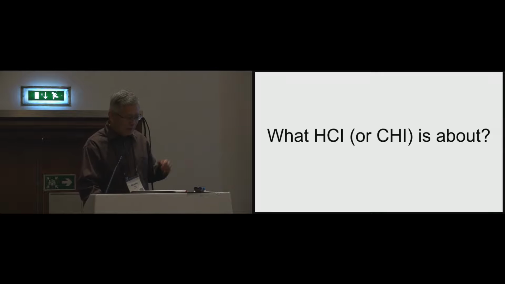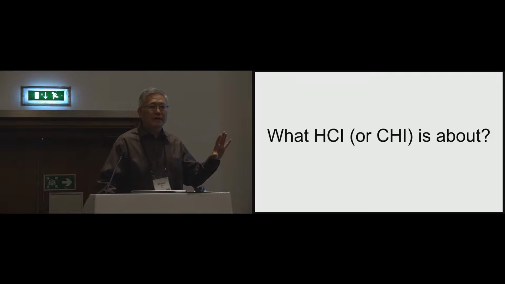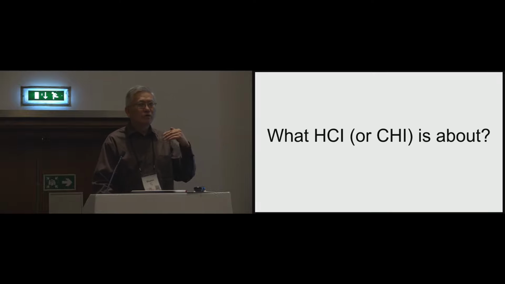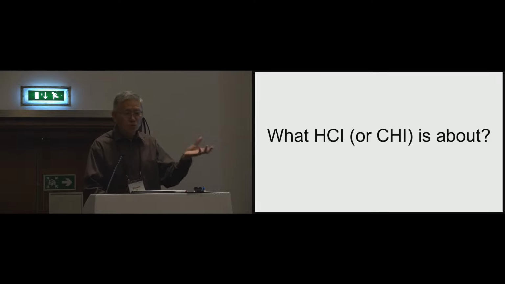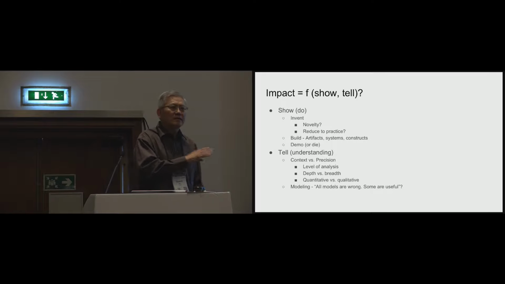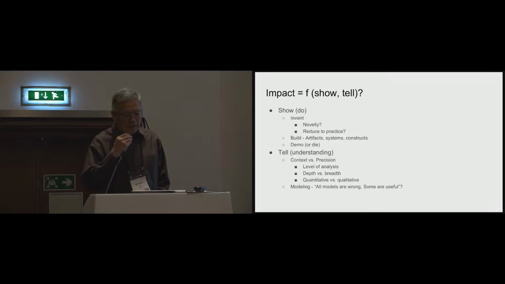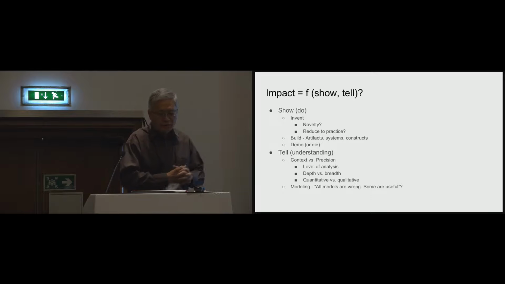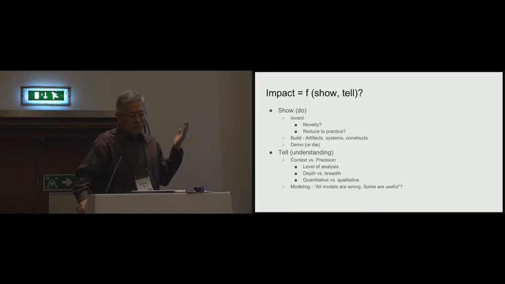So I'm trying to use these few minutes to illustrate how I personally have, in a way, answered or tried to identify these trade-offs, if you will, in my own research. So first of all, in the end, everybody agrees impact is ultimately what matters. But what makes impact? What research will generate impact? I'm trying to put it into a simple equation, that is, impact comes as a function of show